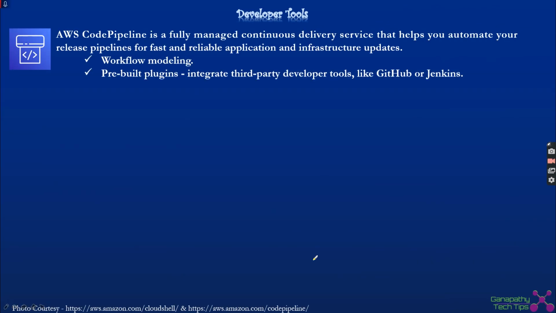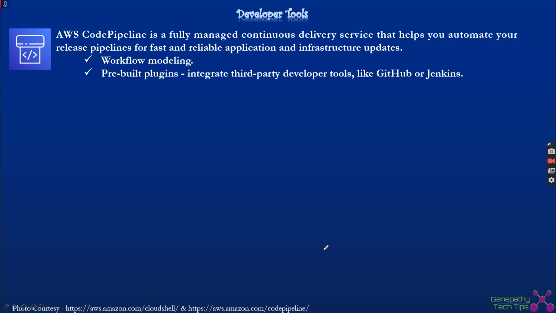The next thing is CodePipeline. CodePipeline is combining stuff together. It is a continuous delivery service which helps to automate your release pipelines. As we discussed earlier, once my code is pushed, the build process and the deployment process, everything needs to happen automatically. CodePipeline is the major integration service which integrates everything together so that your code deployment happens in a very seamless way.